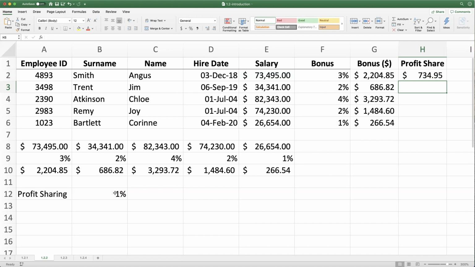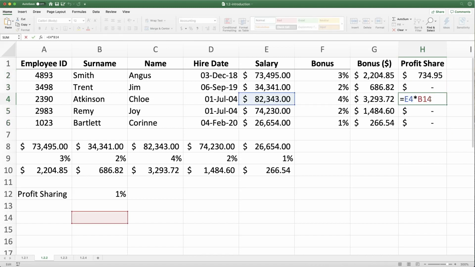Angus will earn an additional $734.95 in profit sharing. If we drag this formula down, we notice that some of the cells are now empty. Investigating why this happened, we double-click one of the cells and see that the formula is no longer referencing the